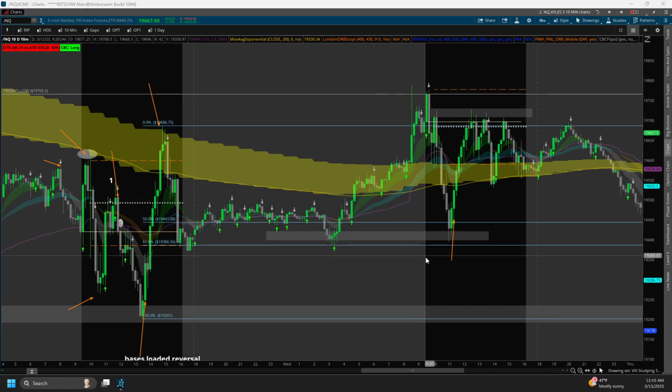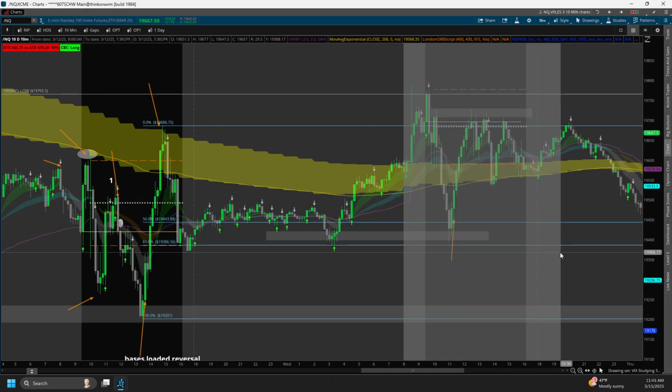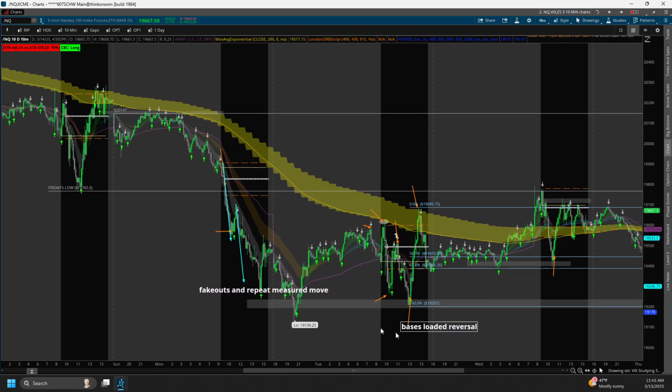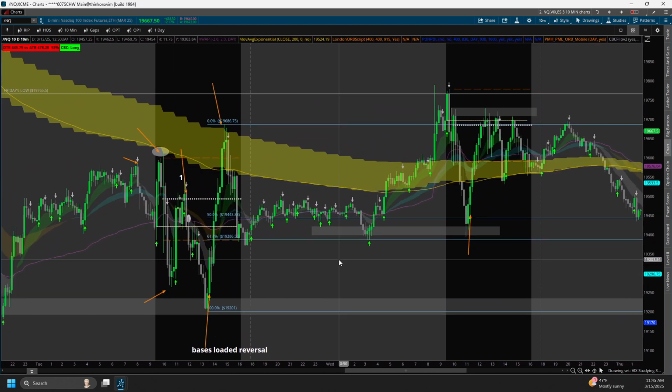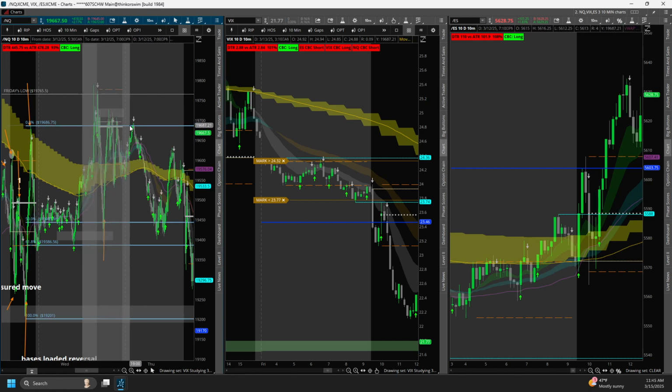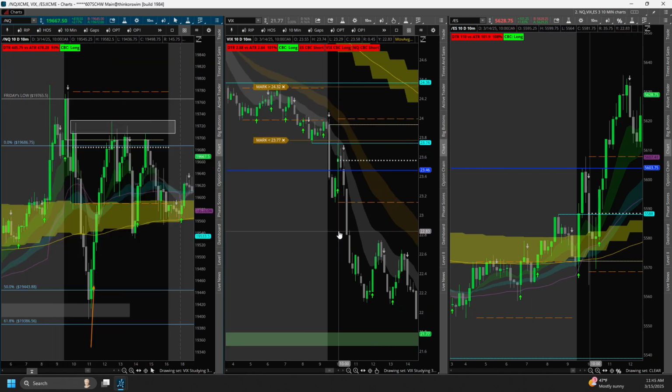Really good. Again, I would say timing reversals, let's spend some time talking about this one. Here's Friday's low on NQ right back here. Now we get into Wednesday. CPI comes out, wicks off of Friday's low, nice, back down. That's not good. And then if I just go back to having all three charts together,